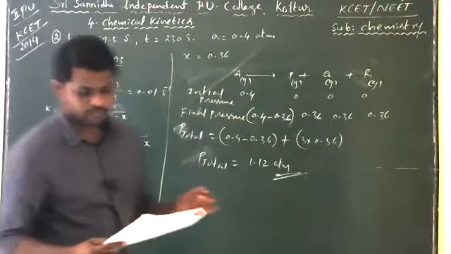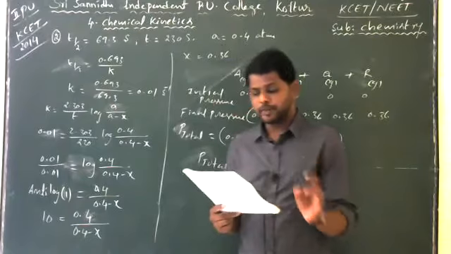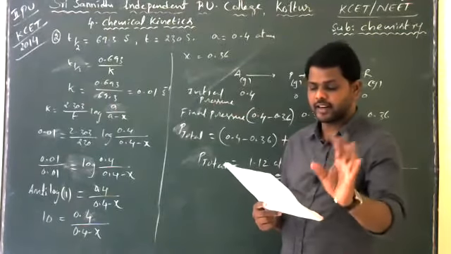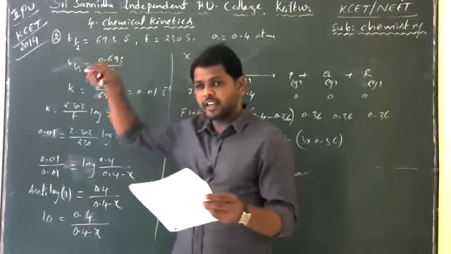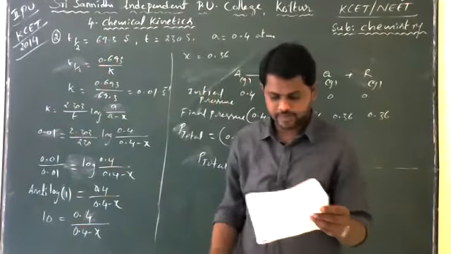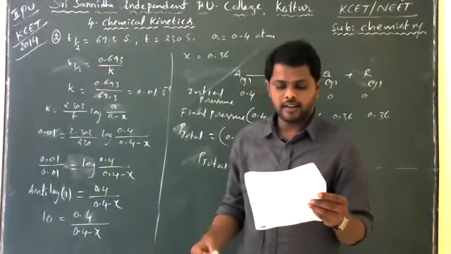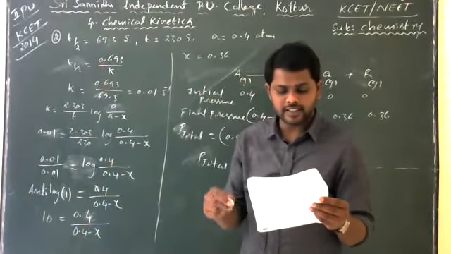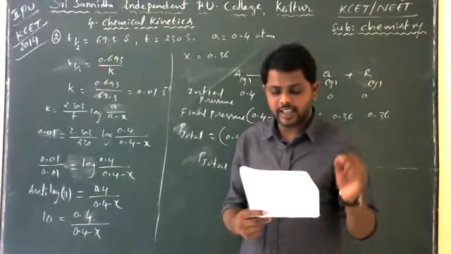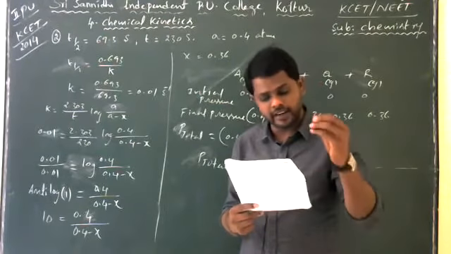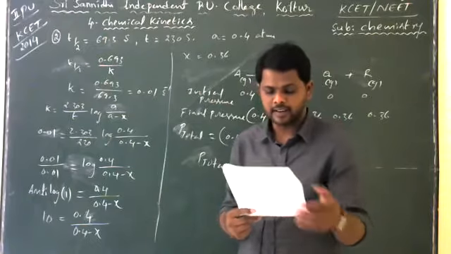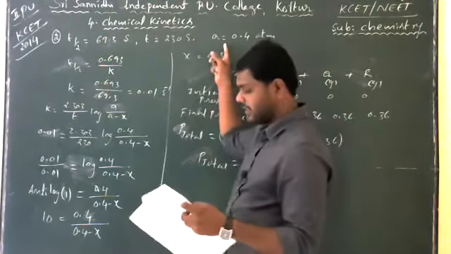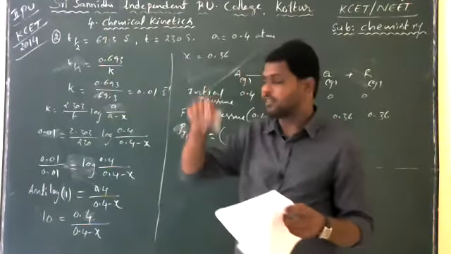So A gives rise to P plus Q plus R, follows first order kinetics with half-life given. So T half is given, and we have to find K easily first. Then at 500 degrees Celsius, starting from the gas A enclosed in the container at 0.4 atmosphere pressure, we need the total pressure of the system at 230 seconds.